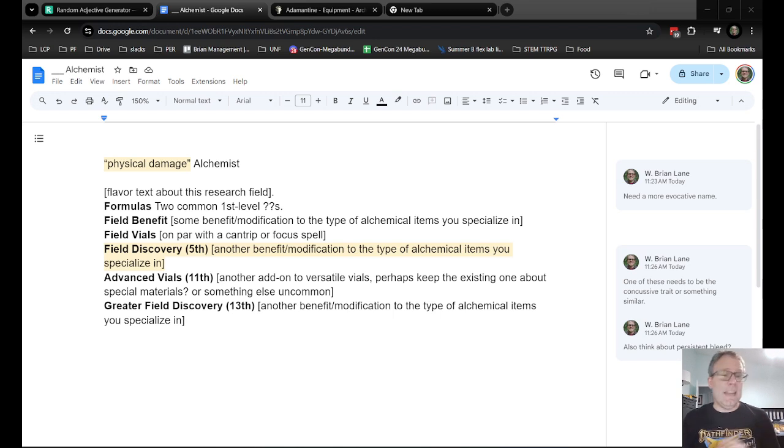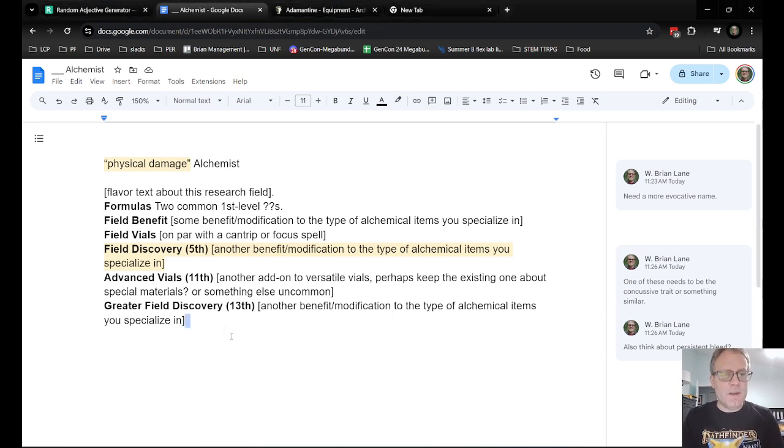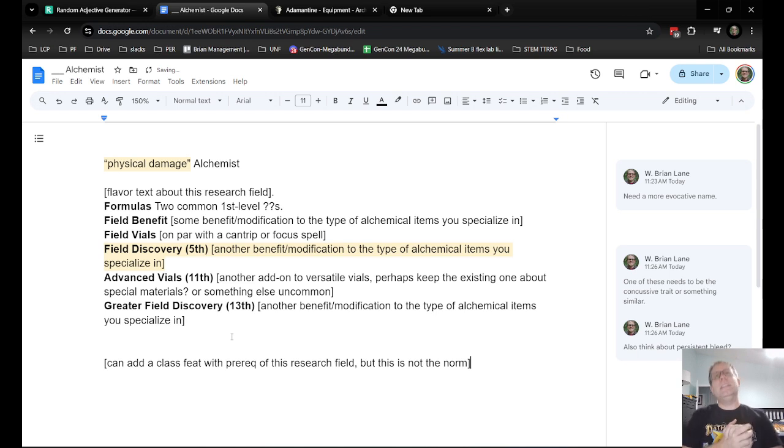And that's actually it. So we can create one if we want, with the prereq of this research field. But this is not the norm, right? It's actually an exception for the Chirurgeon there. All right. So I think the straightforward thing to do with this is to just say that your versatile vials